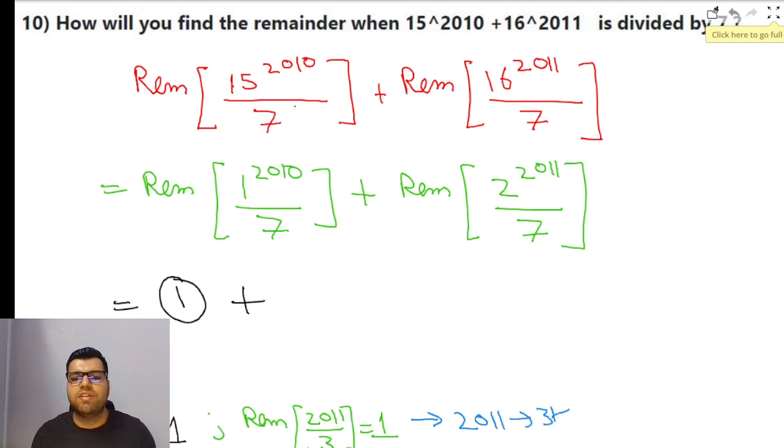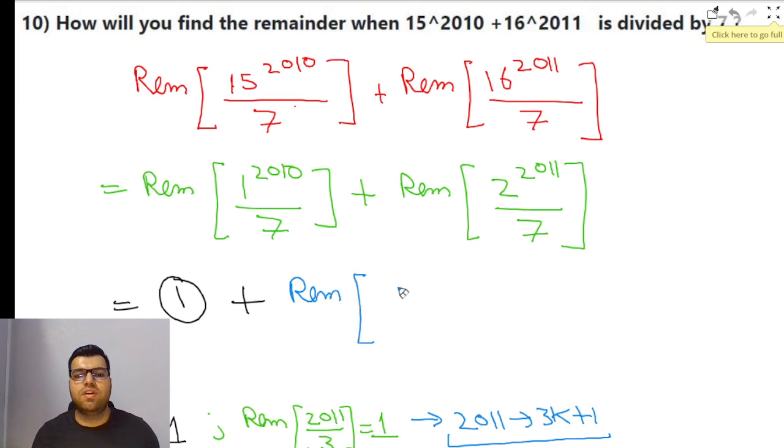Not much effort is required to know whether the number is 3k, 3k plus 1, or 3k plus 2. Simply by adding the digits and then checking the divisibility by 3, you can know. So it is very easy to write 2011 as 3k plus 1 form. Easy to deduce it like this. No need to find out the quotient k. Okay, so this becomes